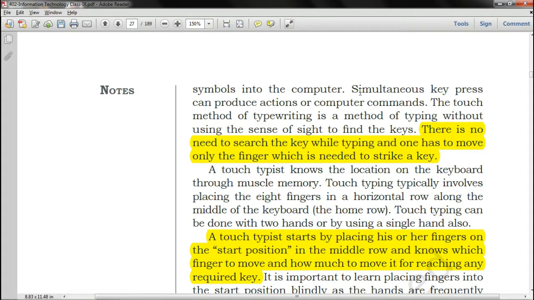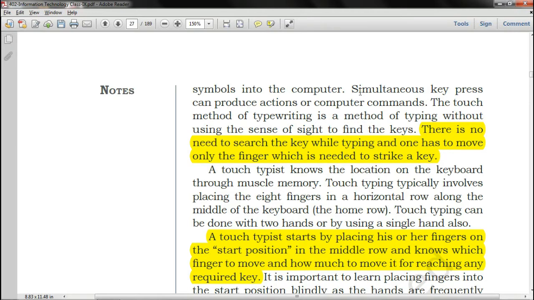So this line is basically important for those who don't know where the key is, the location of the key. Because if you want to improve your keyboarding skills and your typing speed, you should first learn every key, where the keys are placed.